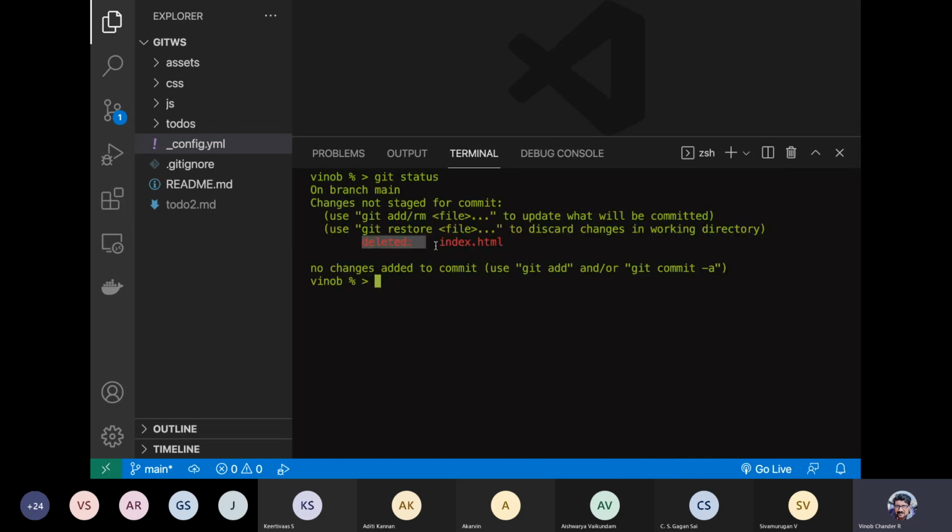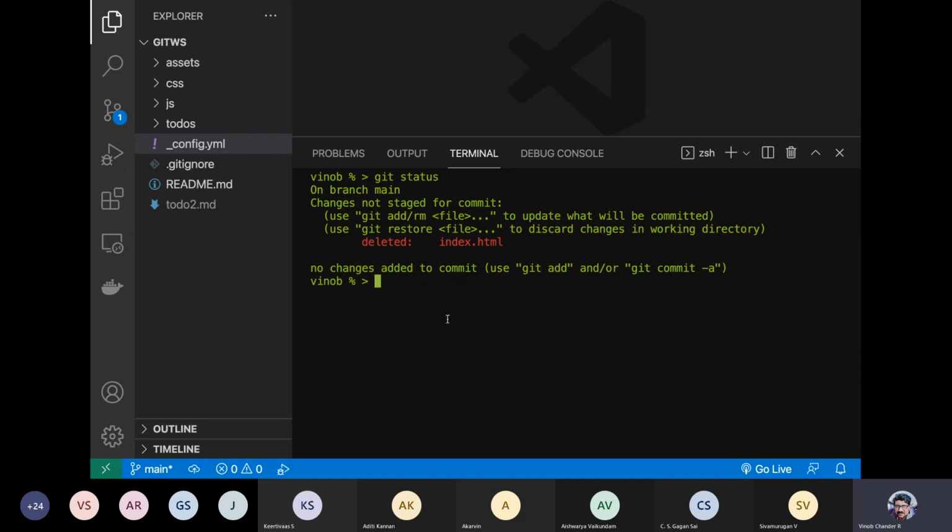See this, it says deleted, right? And then probably you can add and then you can commit and say that you have deleted index.html if that is what you are looking to, right? But now this is just for demonstration. We have just deleted it, but we want the file actually to be back, so that is the one core file which actually represents a kind of static page, right? So we actually don't want to delete it permanently.